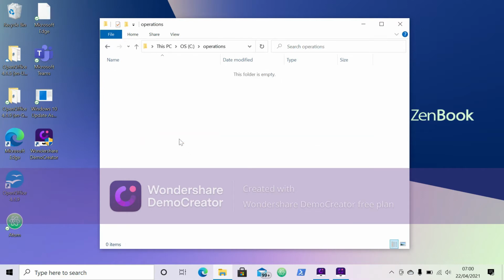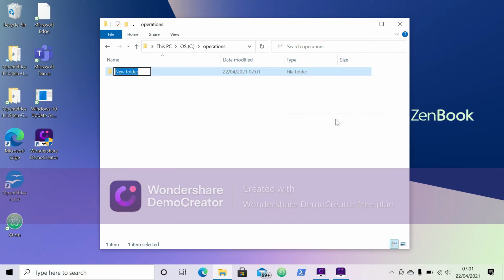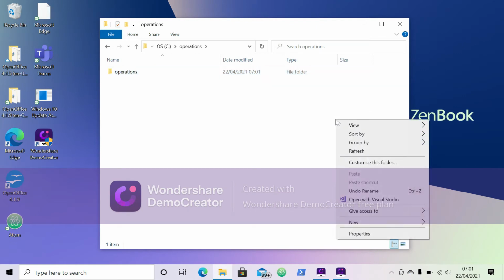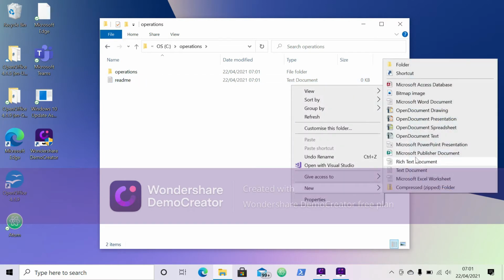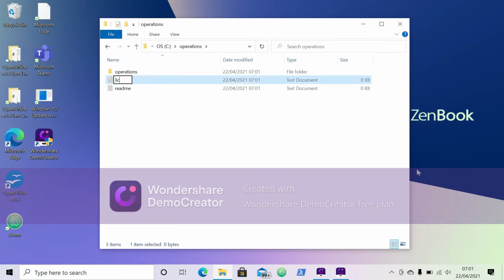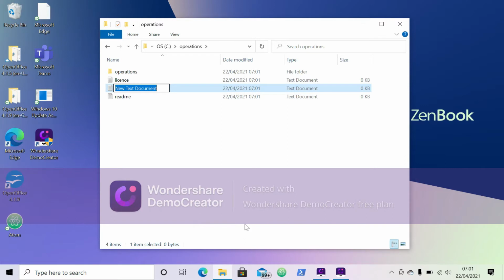Inside Operations we want four things. First of all, a subfolder which is also called Operations, and a text file which is called README, and that's left blank. Another one which is called license, and that's also left blank. And finally a text file called setup, and we go into setup,